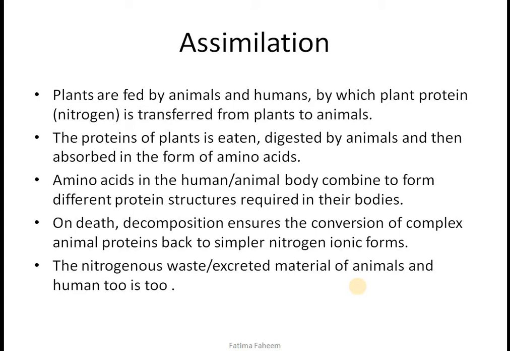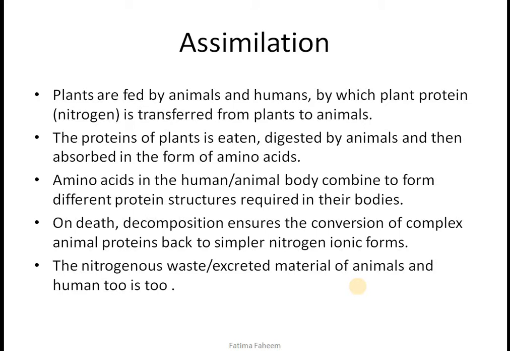Now, whenever that human or animal dies or excretes nitrogenous waste, those compounds or those dead decaying bodies of animals and plants contain nitrogen forms. Those nitrogen forms are complex in nature and should again be brought back to their simpler forms. If you remember, in our last lesson, I told you about decomposers. Decomposers are bacteria and fungi. Their function is to convert complex organic compounds into simpler compounds so that they can be diffused into the plant